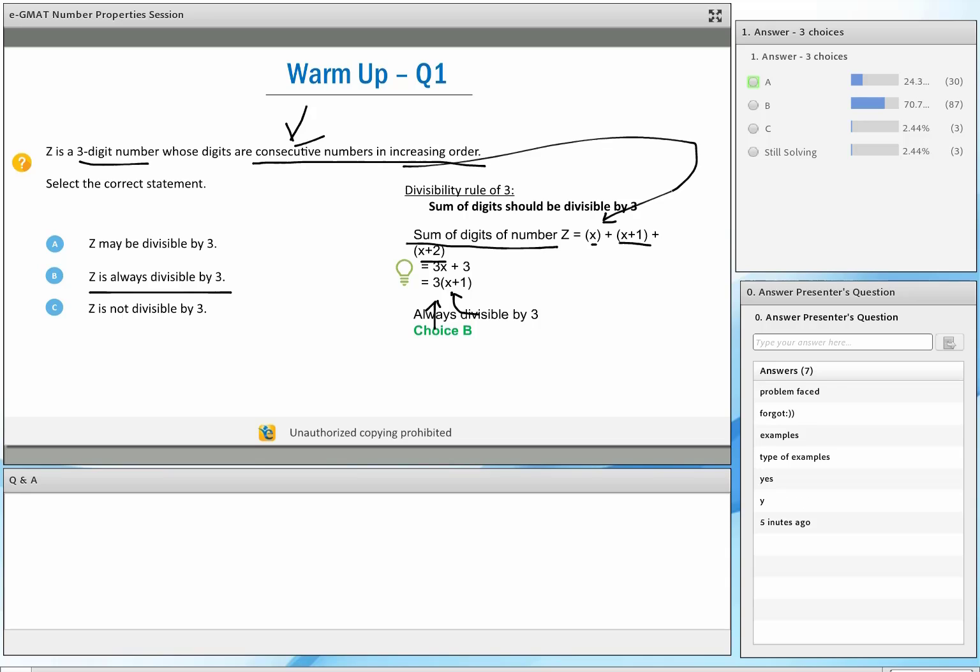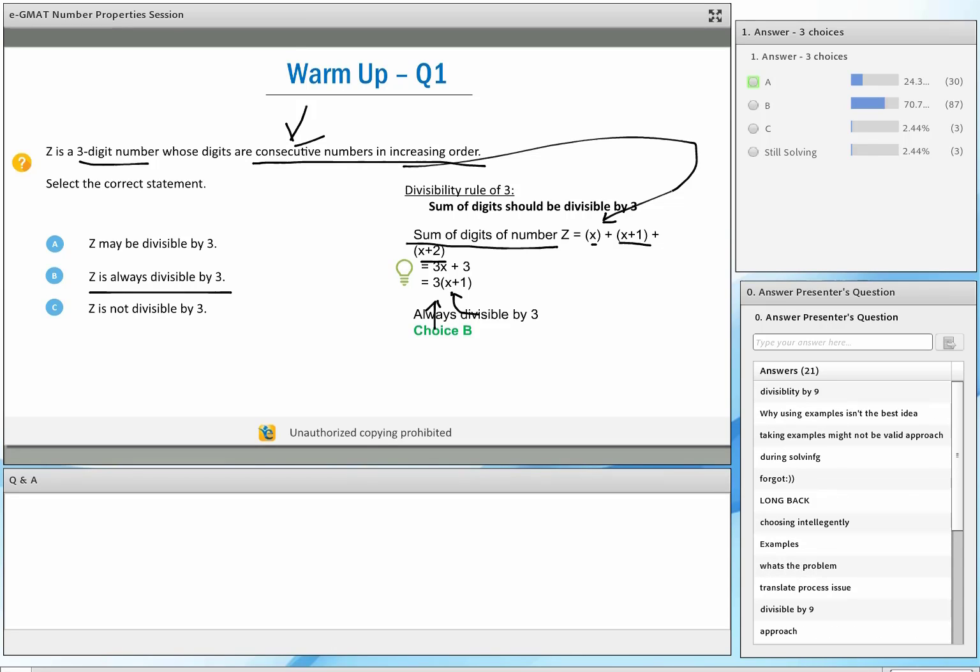5 minutes ago, what was I talking about? Okay, so we did finish this, right? Oh, long back. Wow. Choosing intelligently. All right. So again, what I was talking about was that yeah, so we almost completed our approach. So taking examples might not be a valid approach. Yes, good. So I hope that all of you got that point. So let's now